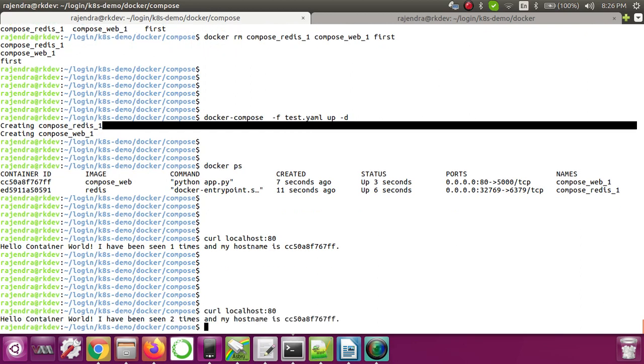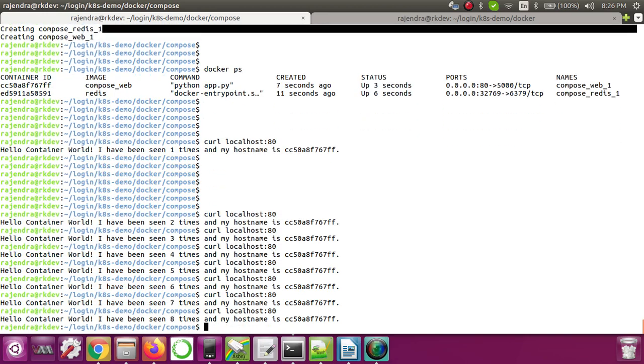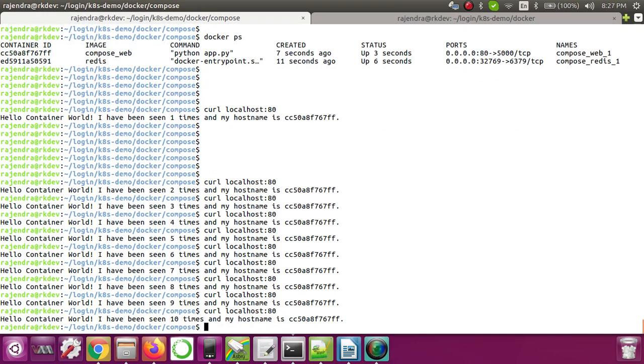Now if we run it 2 times, 3 times, 4 times, 5 times, 6, 7, it will keep increasing, because this state is maintained in another container, that is the Redis container. The Redis container is maintaining all this state, like how many times a user visited this particular website. So that's why we need a couple of services to manage this application.